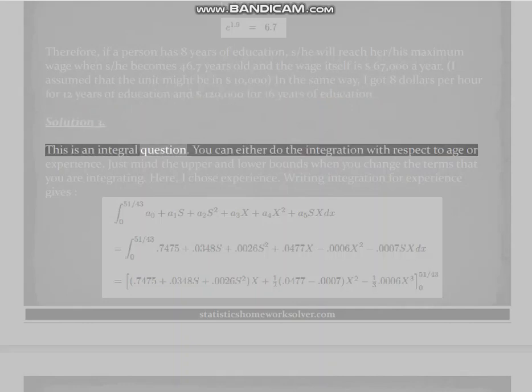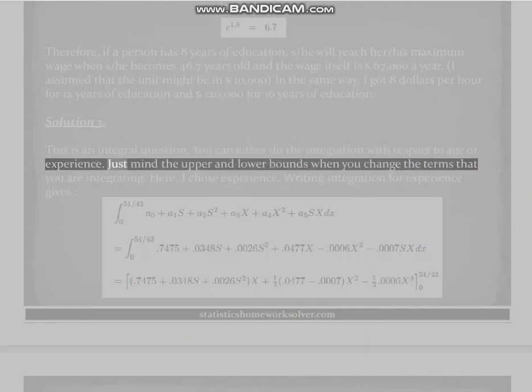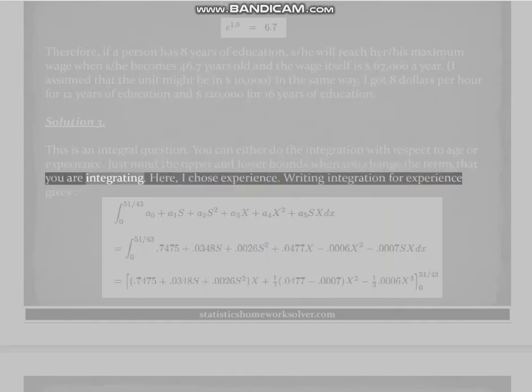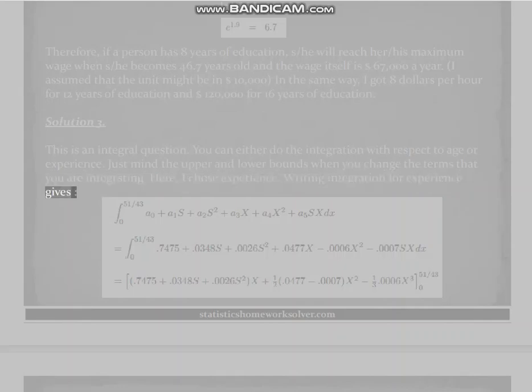Solution 3. This is an integral question. You can either do the integration with respect to age or experience. Just mind the upper and lower bounds when you change the terms that you are integrating. Here, I chose experience. Writing the integration for experience gives